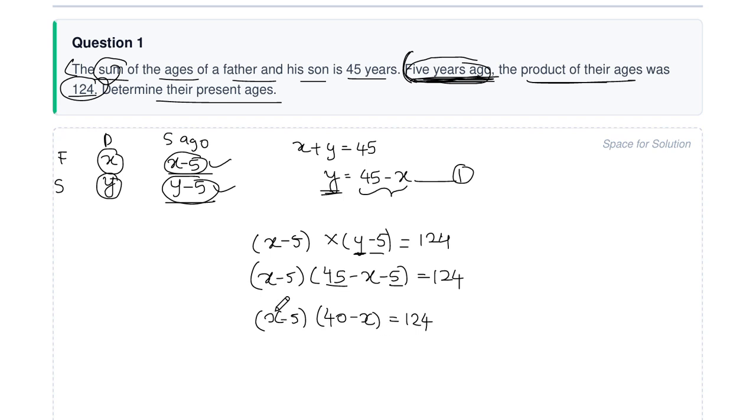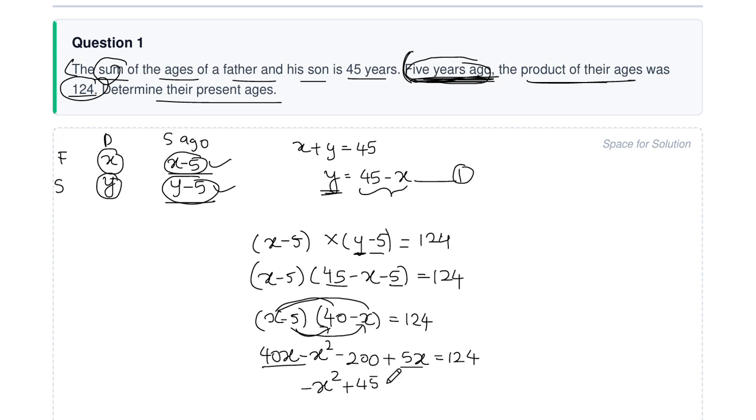Now we have to multiply simply. So x into 40, which is 40x, then x into minus x, which is minus x square, minus 5 into 40, which is minus 200, then minus 5 into minus x, minus minus plus 5x, is equal to 124. Okay, so if we rewrite this equation, minus x square, then 40x plus 5x, which is plus 45x, minus 200